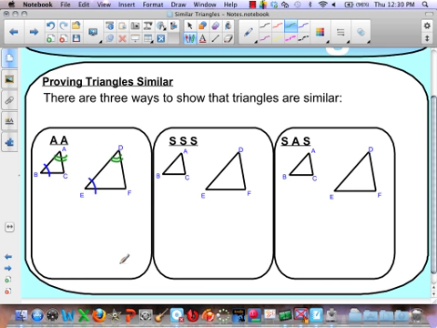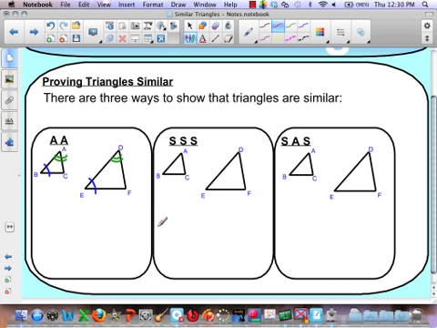Okay, then we have side, side, side. And what this means, again, I want to back up a little bit here. What is true about similar triangles? What did you guys learn from your research? Jackson? Same shape, different size. Same shape, different size. So what does that tell you about your corresponding sides? So they're going to be different lengths, but what about their ratios? The same ratio. Okay, so we say that side, side, side, what we're talking about is that the 3 sides